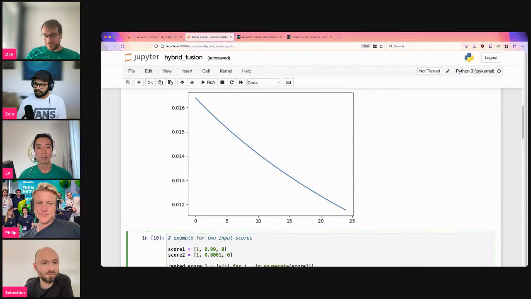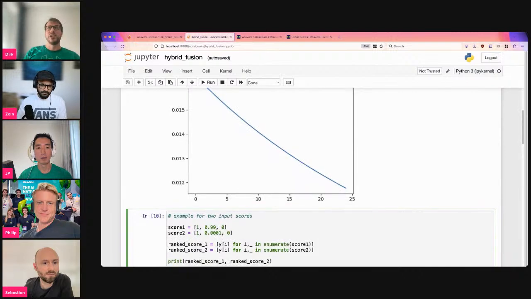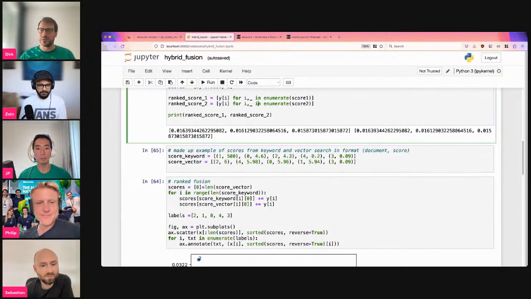And now what the new algorithm does is it normalizes the scores between 0 and 1. So you get your scores from BM25, your scores from the vector search, and you just say the highest score is 1, the lowest one is 0, and everything will be normalized in between according to the relative distances between them. So if we scroll down to these examples,